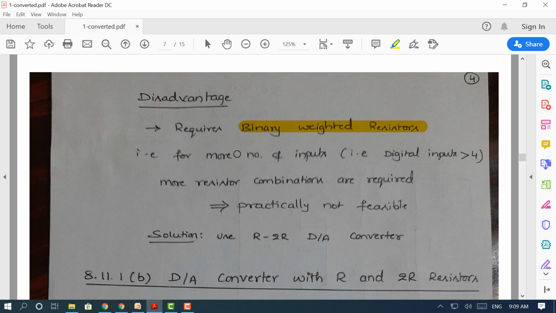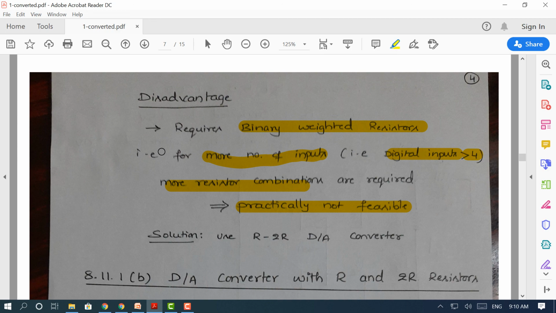Here we have used a 4-bit digital to analog converter, so the circuit seems to be simple. But for more inputs, for example when the digital input data is more than 4 bits, more resistor combinations are required. Obtaining so many resistor combinations is not practically feasible. Therefore, this is the main drawback of the binary weighted type